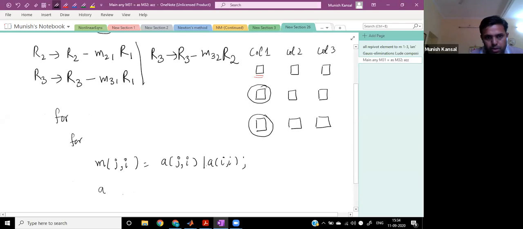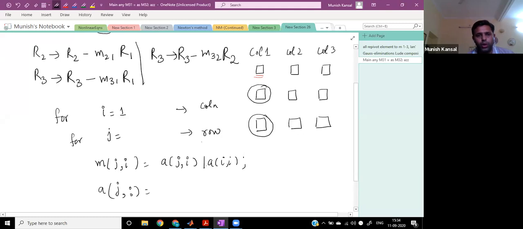Say the given matrix is A. We are going to make zeros in jth row. Let us say you want to make zeros in second row. So let us say I am calling, say you can write it as, say i is equal to 1 से स्टार्ट होगा यहाँ पे, j is equal to, let me call this as column and second index should be with respect to row, right? So I am first starting with the column 1. So I am writing here i is equal to 1.